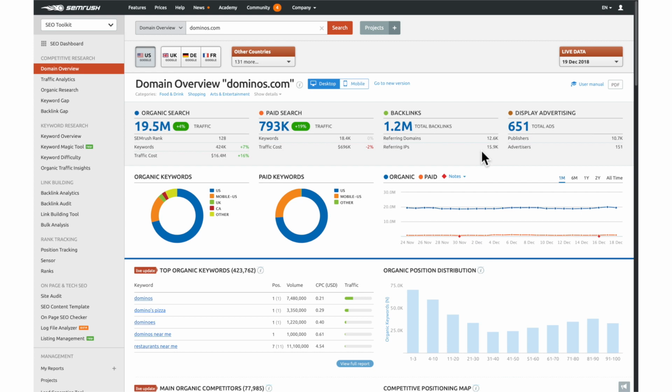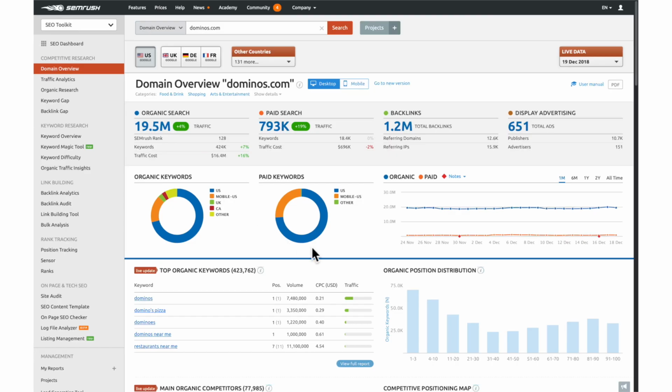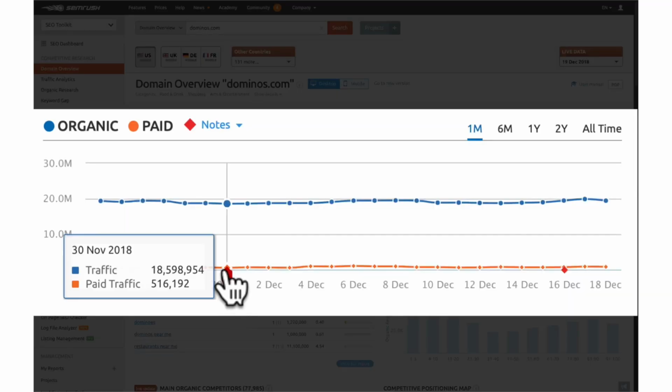This can be great in the instance that the user isn't immediately interested in making a purchase, or if you simply want to crystallize your brand in their mind. Moving down the page, we can see a breakdown of where the traffic in organic and paid is coming from, as well as a line chart of the organic versus paid traffic, which is an important chart because it leverages